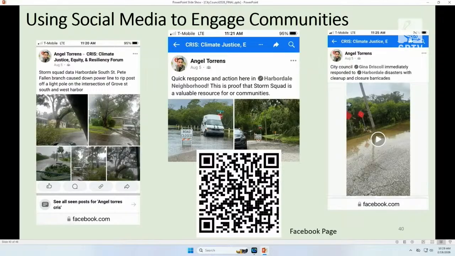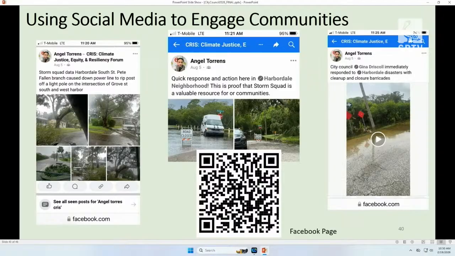I also want to recognize Dr. Benali Dixon for her leadership on CRIS, the Community Resiliency Information Systems Platform, and through ICAR at USF St. Pete. CRIS is not just an app. It is a research-driven data backbone. It includes camera installations across neighborhoods, AI-supported flood depth modeling, integration of social vulnerability data, actionable dashboards for you all, decision makers,